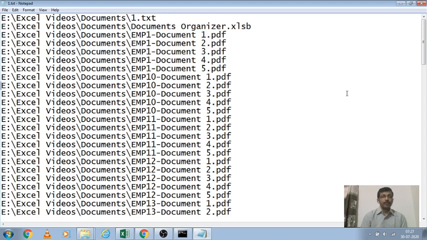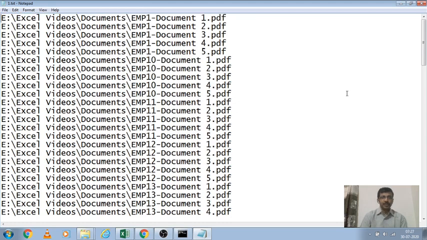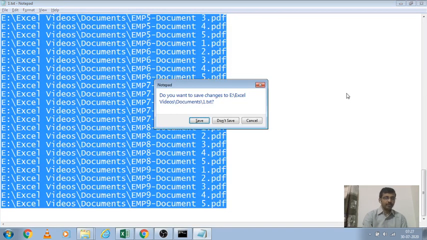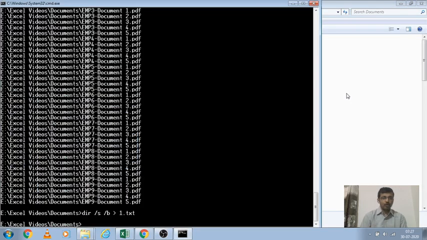If you can segregate them easily, just remove the unnecessary files and take only the necessary files. Otherwise, if you have so many other files, here one more filter you can use, star.pdf, or otherwise any other keyword. If you want, you can use the keyword and filter only those files.